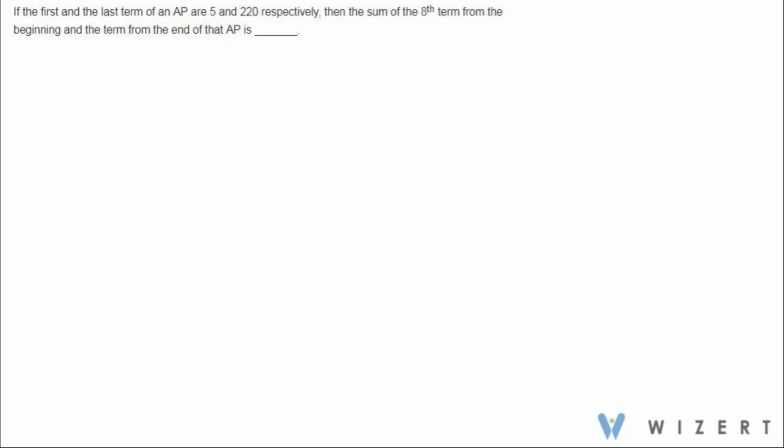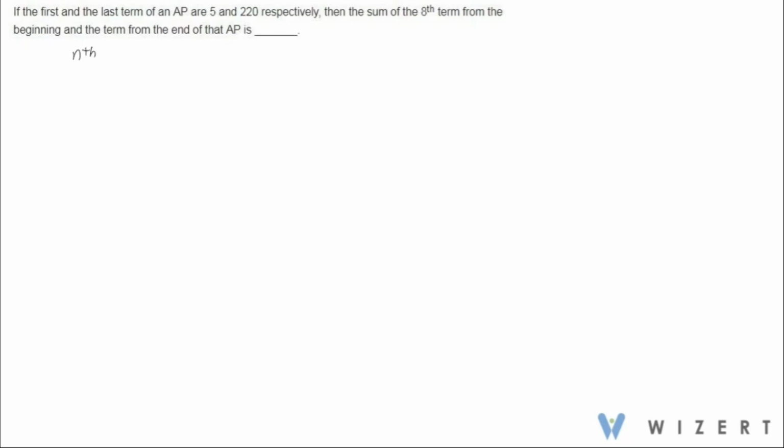We have this question here. If the first and the last term of an AP are 5 and 220 respectively, then the sum of the 8th term from the beginning and the same term from the end of that AP is. Now we know